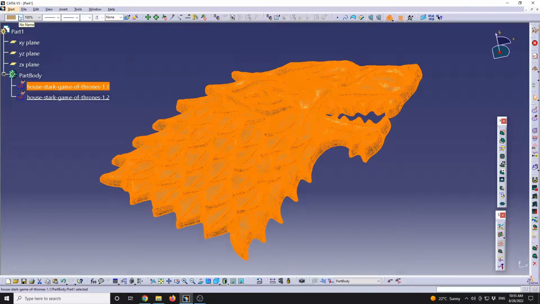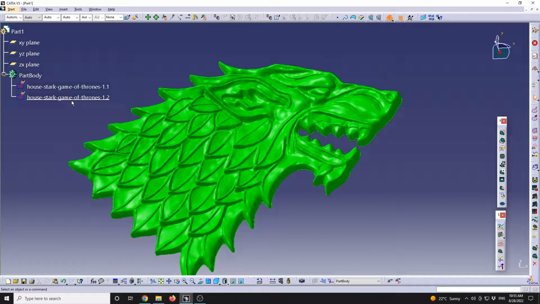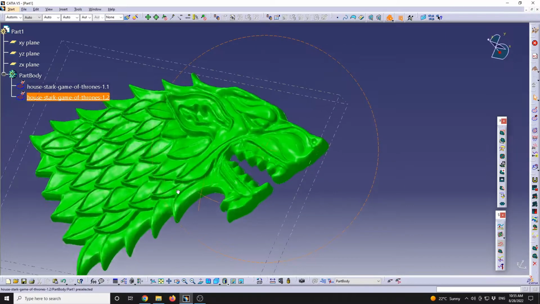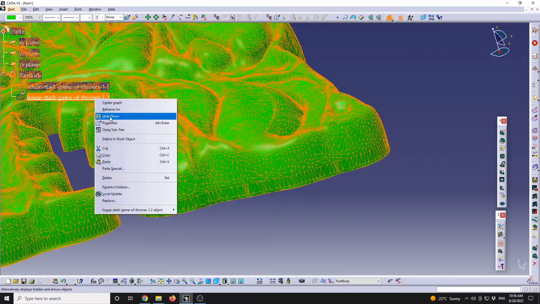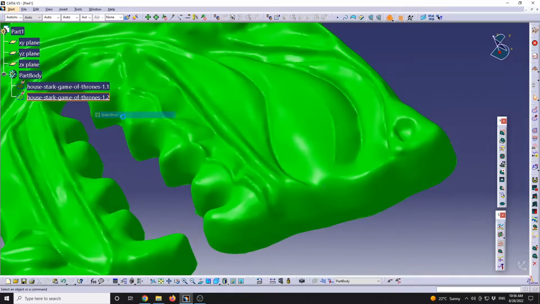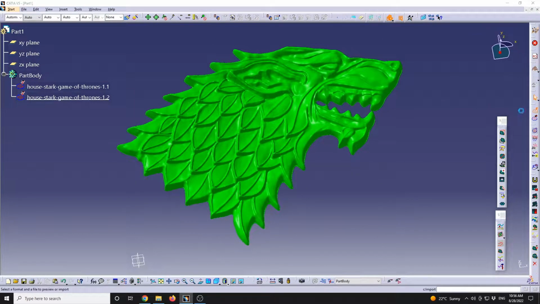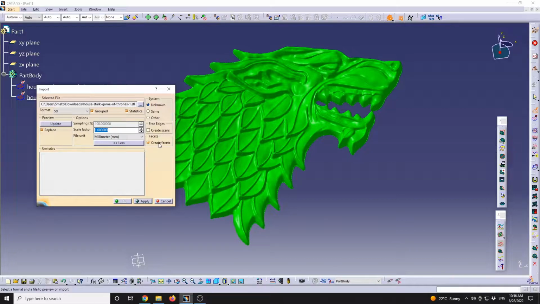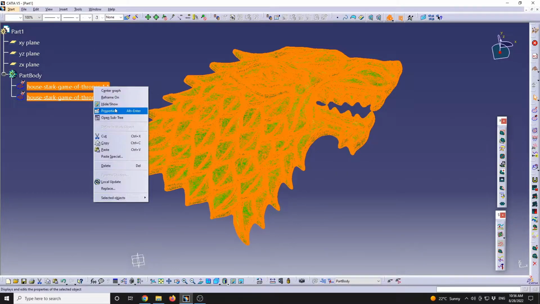I'm going to have this set to that color, and the second one I'm going to make it green. And we see that the second imported mesh perfectly overlaps the original one. So if I have this hidden, I see over here, but with this it will be all green, so I don't see the other mesh. Basically with the create scans and faces, you will have the same model. Now I'm going to have both of these hidden,